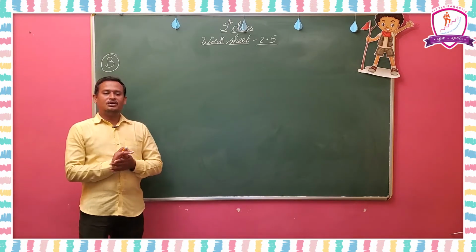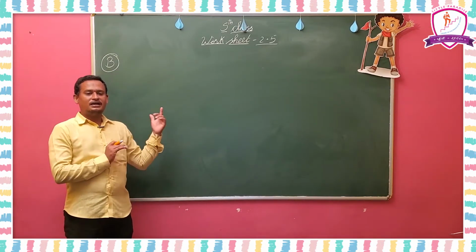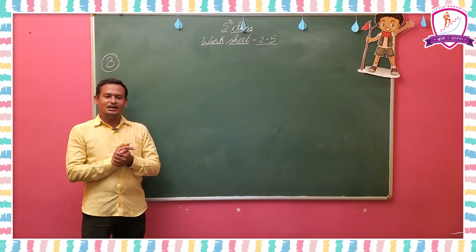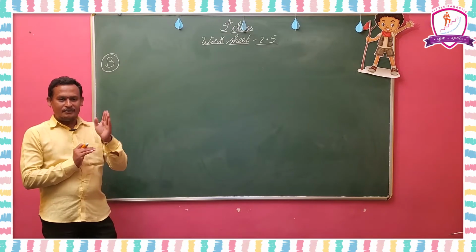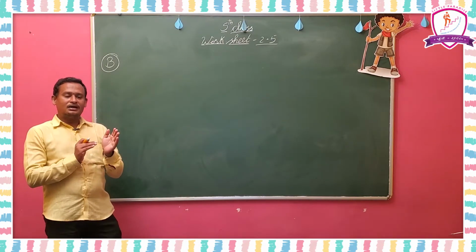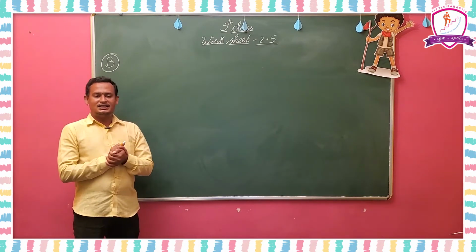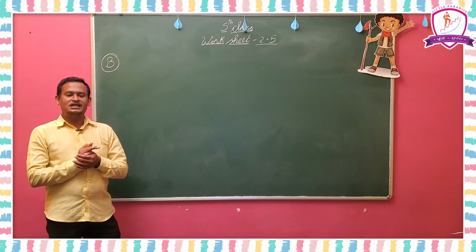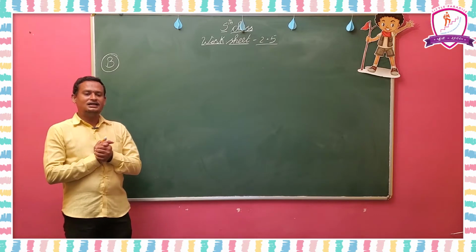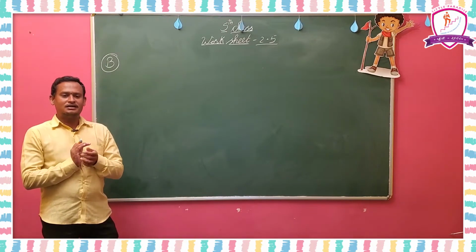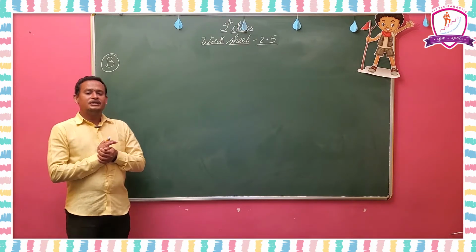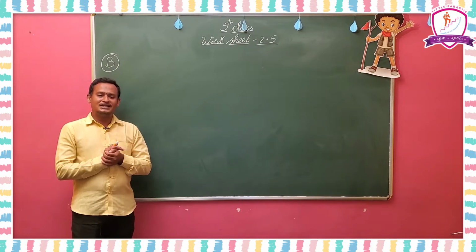Now coming to the B Roman, complete the following table. Here one table is given. We have to complete the table. First, what is the table? First a number is given, and after the number we have to put commas according to the Indian system. Then second is the place value of the highlighted digit. Here what is the highlighted digit? 6 is highlighted. Highlighted means here it is bold. So we have to write the place value of that 6 here.